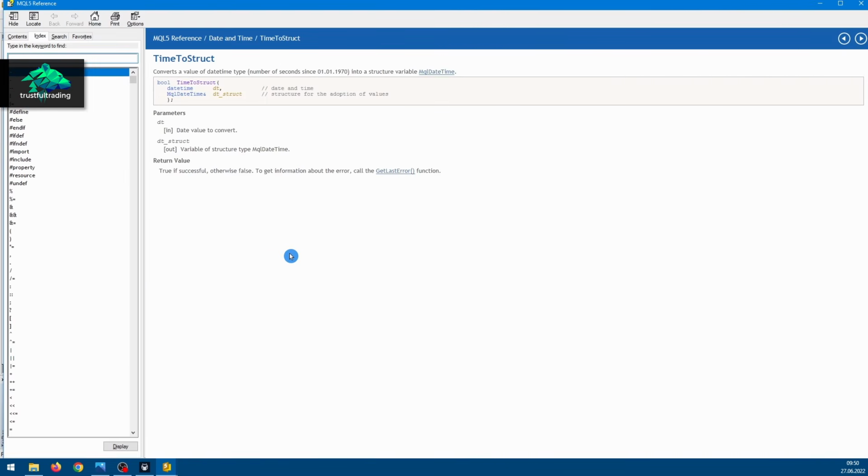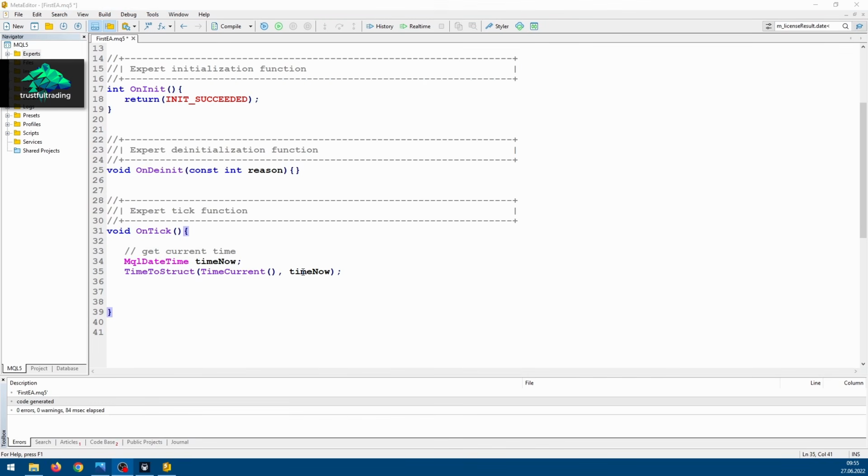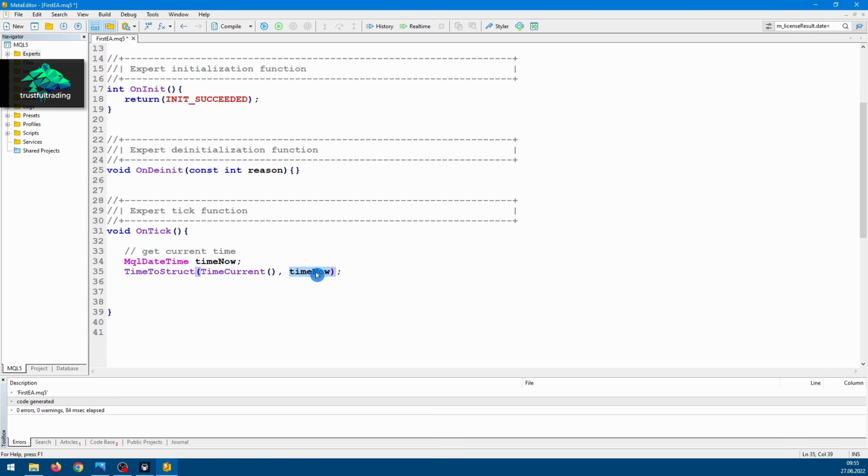And this will bring up the MQL help. And here you can read about the function, get more details. And most of the time, there is also an example how to use this function. Now that we got our current time in our time now variable, we can now check if we reached our